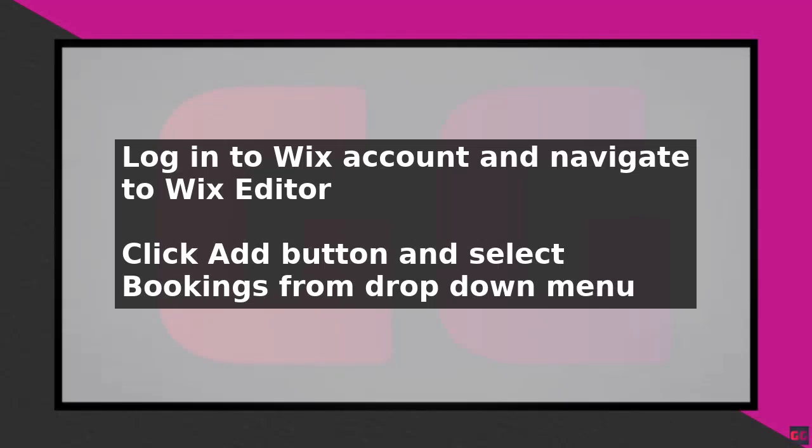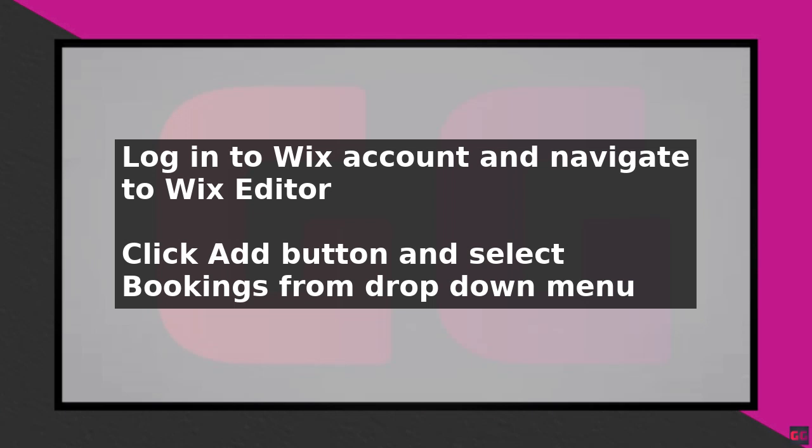Setting up Wix Bookings on your Wix website is a straightforward process that can help you manage appointments and bookings efficiently. To get started, log into your Wix account and navigate to the Wix editor. Click on the Add button on the top bar and select Bookings from the drop-down menu. This will take you to the Wix Bookings page where you can click on the Get Started button to begin